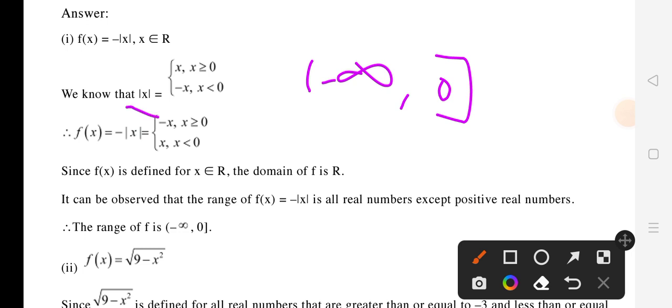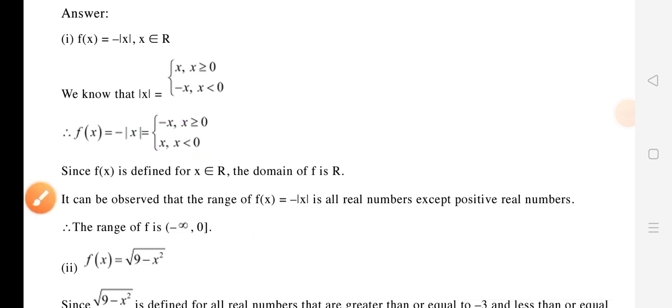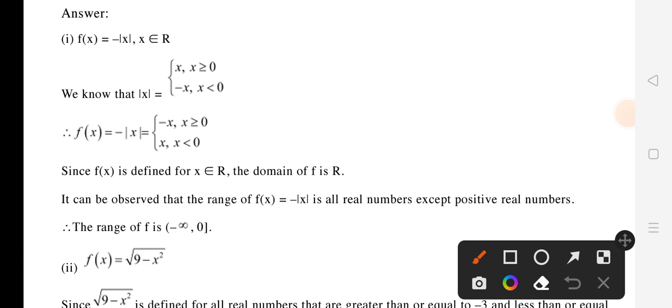आप इसी से देख सकते हैं ये जो है एक्स ग्रेटर देन इक्वल टू 0 है, और ऐसा कंडीशन में माइनस ऑफ एक्स आता है। तो माइनस ऑफ एक्स मीन्स माइनस इन्फिनिटी तक जाएगा और ये जो है 0 तक जाता है। एंडिंग पॉइंट जो है 0 है, तो दैट इज़ वाई ये क्लोज इंटरवल 0 होगा। रेंज आप देख सकते हैं माइनस इन्फिनिटी टू 0 होगा, और डोमेन की बात किया जाए तो डोमेन तो पूरे रियल नंबर्स होंगे।